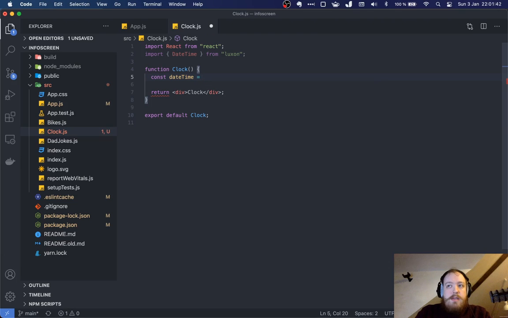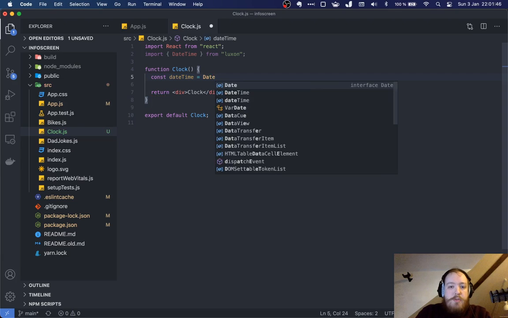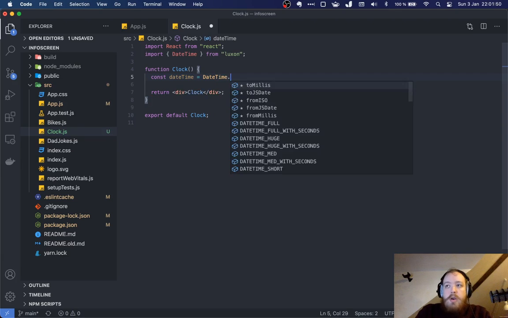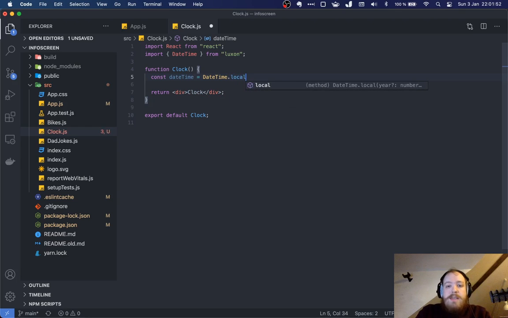And to get this time, we will access the datetime object that we just imported. On that, we have some functions, and these are the things you would look up in the documentation. In our case, we use the function .local to get the local time, and then we use the function setLocale to change the